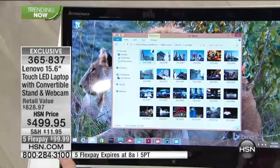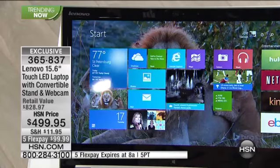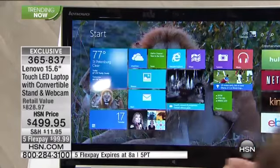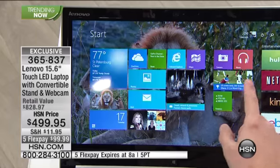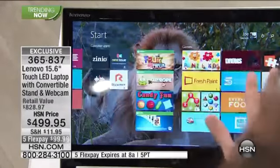A lot of us would love to have the old desktop mode where you have the icons down here on the bottom, icons on the upper left side. It really gives you the best of both worlds when you use that Windows 8 experience, and you're getting it. Notice how quick and responsive it is. It's because of that dual-core processor, that 4 gigabytes worth of RAM, all at the lowest price we've ever offered